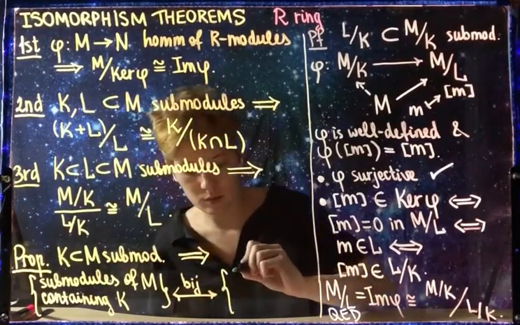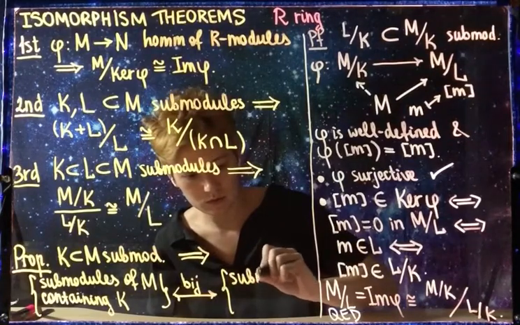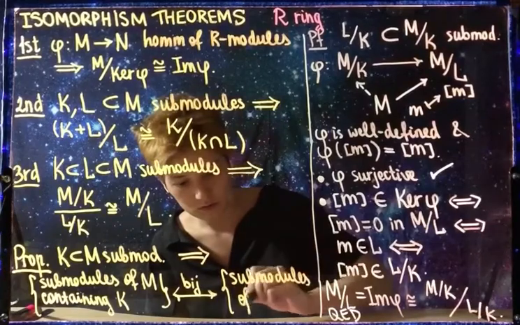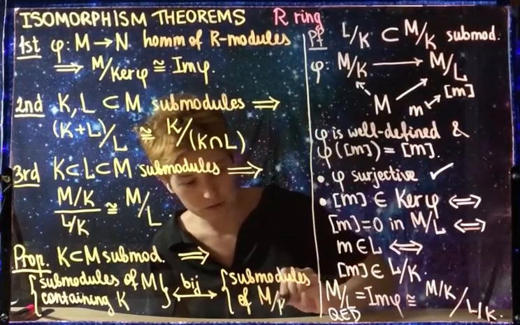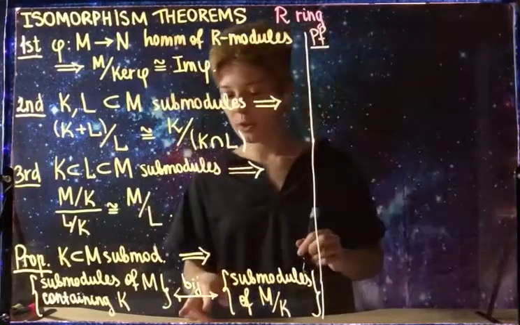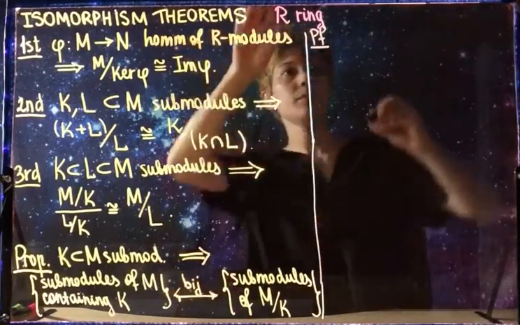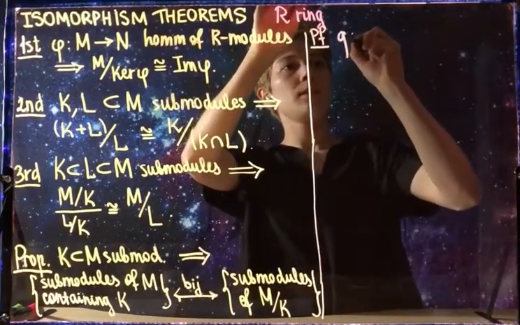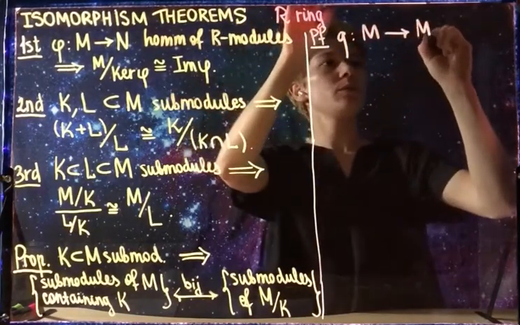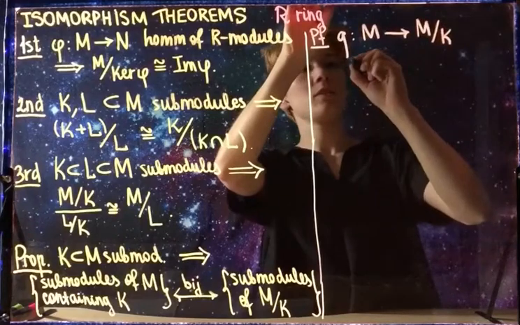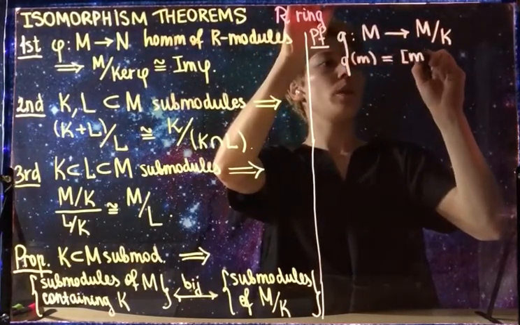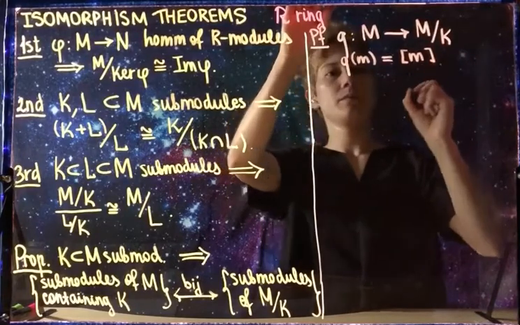And submodules of the quotient module. Let me remind you how the bijection is constructed. If I denote by Q the quotient homomorphism, where Q of M goes to the equivalence class containing M,